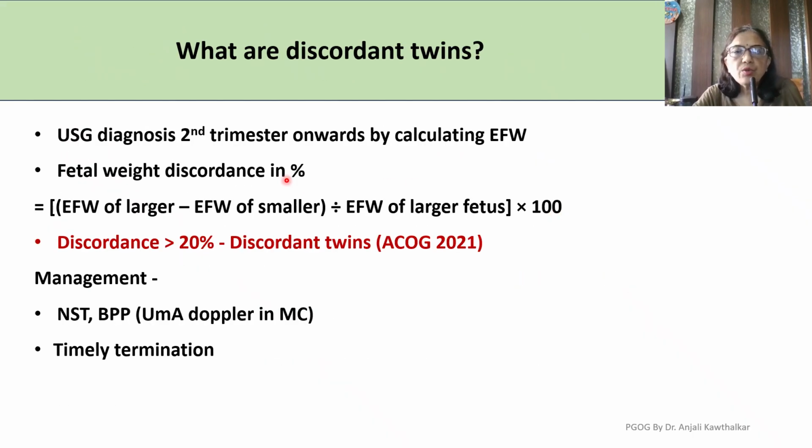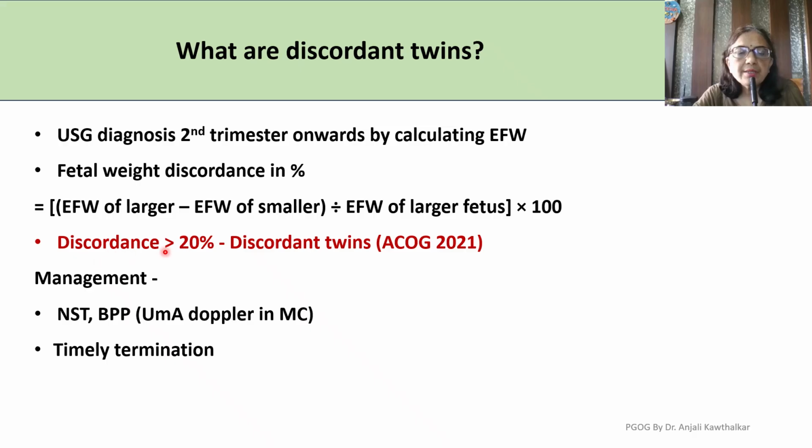Now we come to discordancy, growth discordancy. So what are discordant twins? Usually this is an ultrasonography diagnosis in the second trimester or from the second trimester onwards, by calculating estimated fetal weight. Fetal weight discordancy is usually given in percentage, with a formula: estimated fetal weight of larger minus that of smaller, divided by estimated fetal weight of larger fetus, into 100. This is the formula to calculate the growth discordancy,